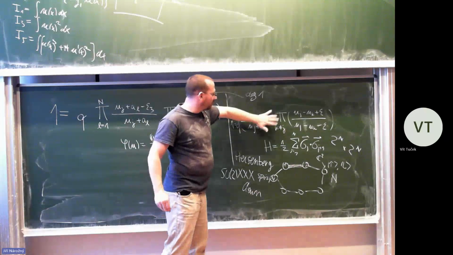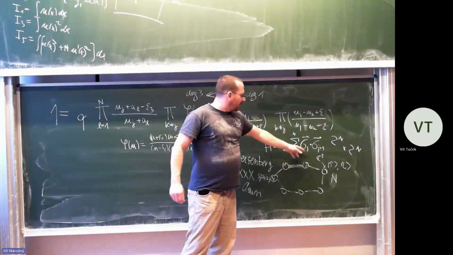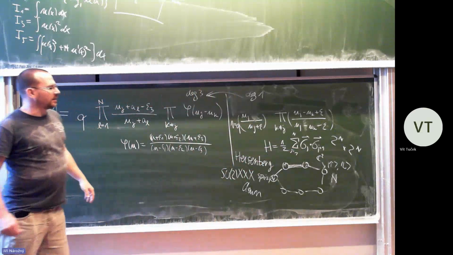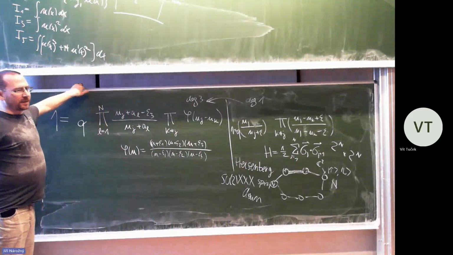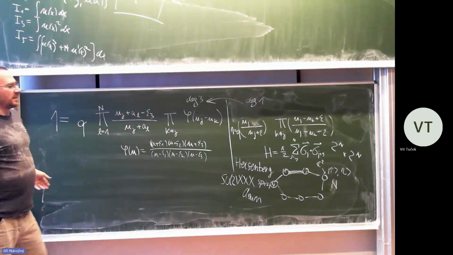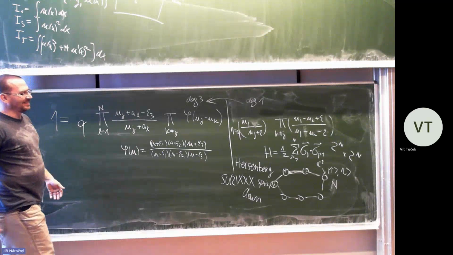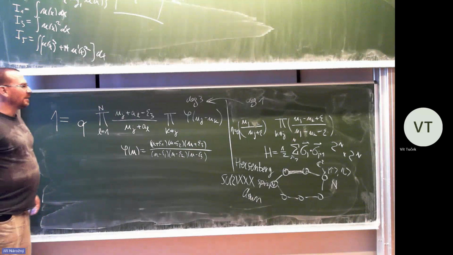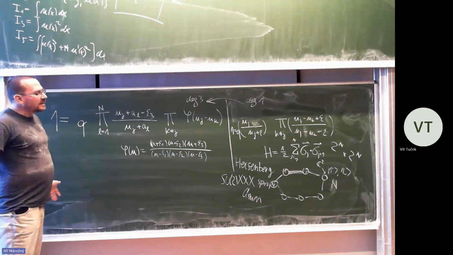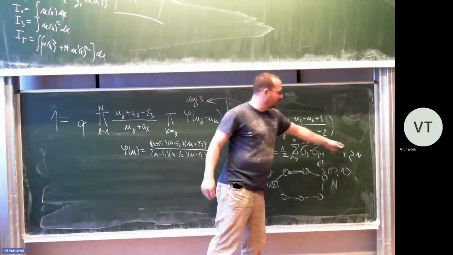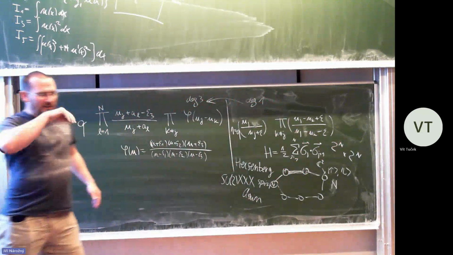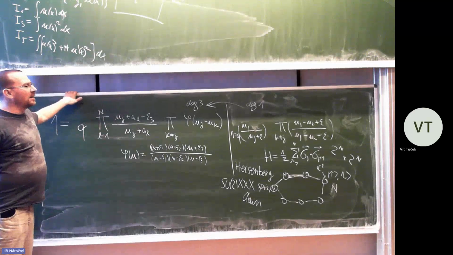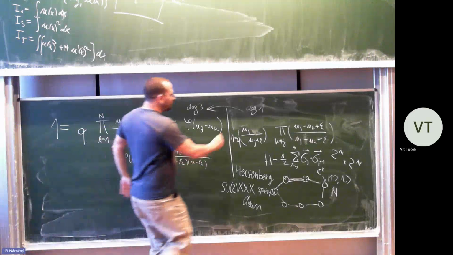So let me explain what these equations are. I explained to you how to construct these 2^n by 2^n matrices that act on this Hilbert space. And the question is, what is their spectrum? You can try to diagonalize them numerically, or if you are strong in linear algebra, you can try to calculate the characteristic polynomials and solve them. But actually it's very difficult, especially since the size of the matrices grows exponentially. You can do maybe n equal to 10, but at 20 you wouldn't be able to do it. But what Bethe found